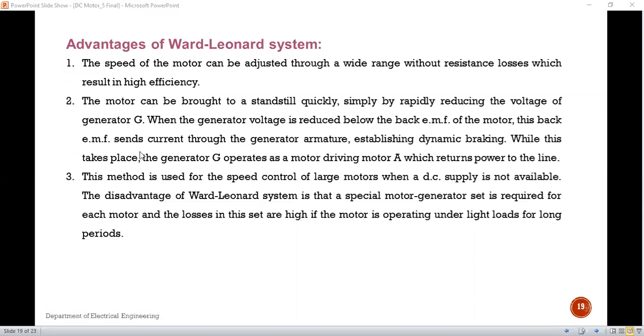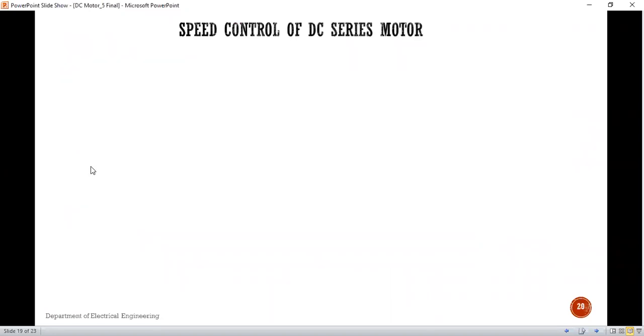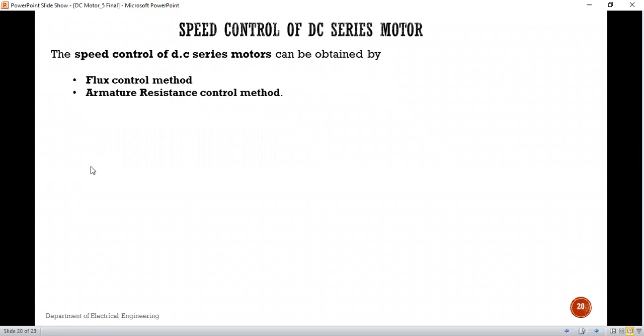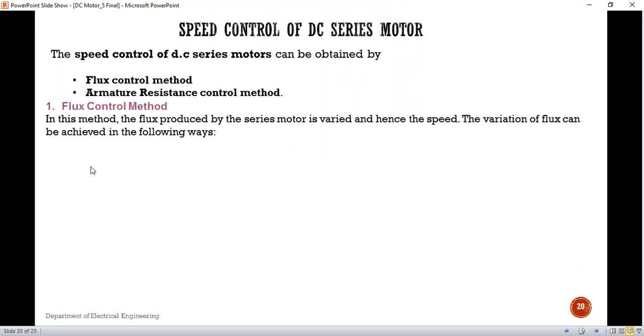Okay, now we will start our actual point for today, that is speed control of DC series motor. See, the speed control of DC series motor can be obtained by using two methods: the flux control method and the second one, the armature resistance control method. Flux control method is similar to that of the DC motor. We can control speed by controlling flux, and we are using the armature resistance control method, that means connecting armature resistance in series with the armature. Now see, in case